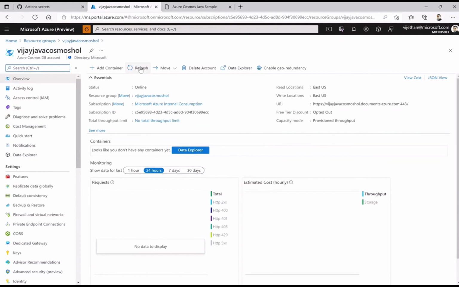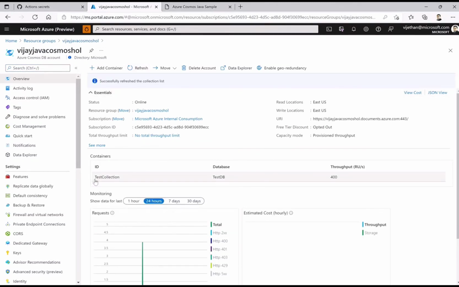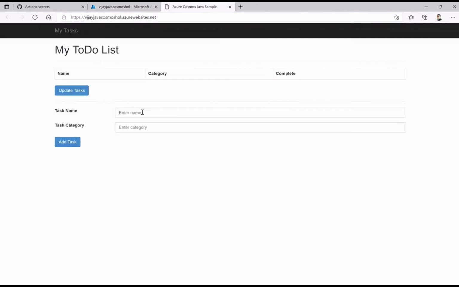It is still to create the connection layer for us. Now it is. So we have the container, which is test collection, test DB. Okay, and respective RUs are nothing but the kind of throughput or read/write units which you have in a Cosmos DB. Now I should go ahead and say that yes, this is for Java Cosmos DB lab, and this is part of NoSQL, kind of a task category.